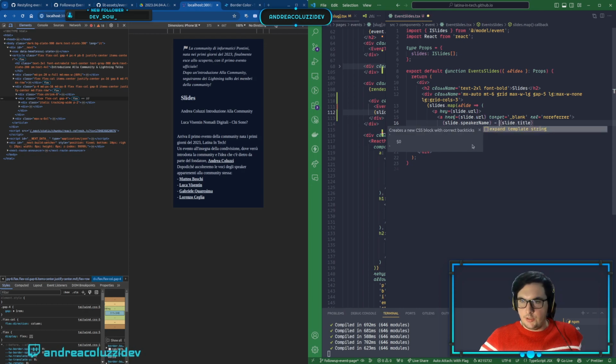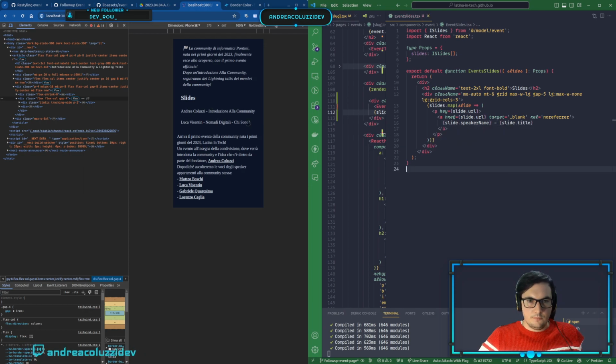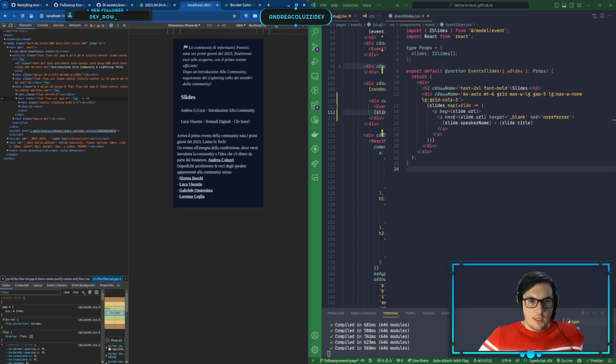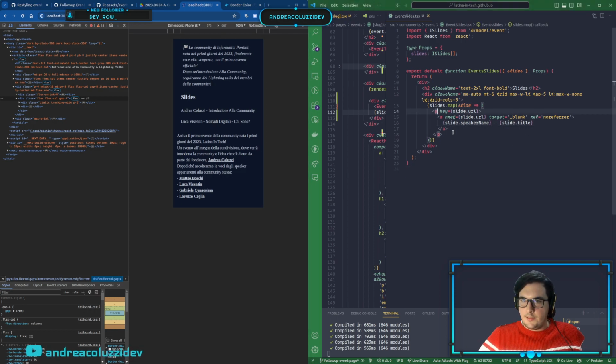Followed by a dash. Okay. This can work. And yeah, let's try to add this nice effect. So we want to change background, of course. To change background, I think that we can do something like BG white. Yeah, but we don't want it to be white. We want it to be